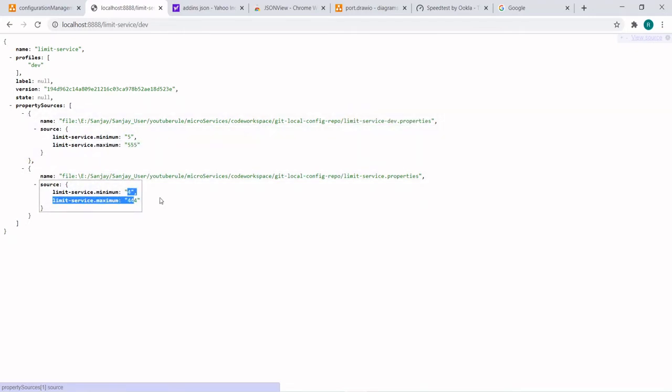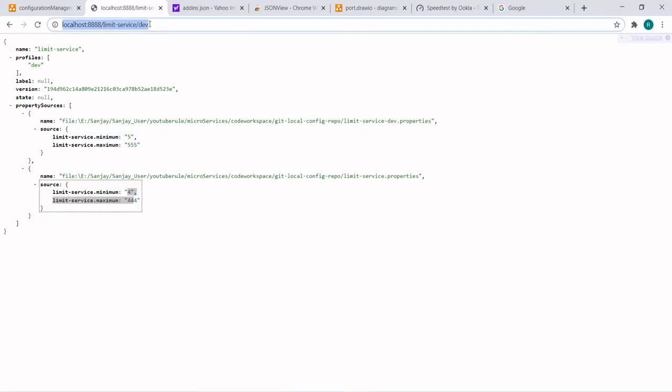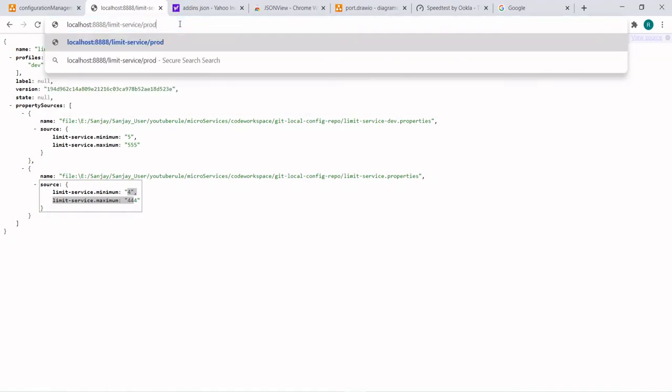It's based upon priority. The first priority goes to the dev environment, and then to the default, since we are requesting dev. In a later section we will see how you can set up the profile here.